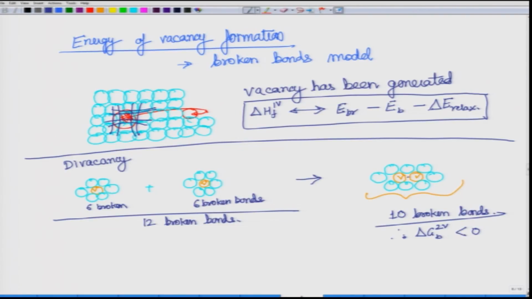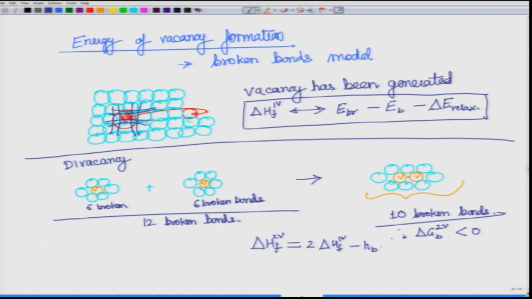Now, let us see what will be the concentration of these di-vacancies. So, what is the delta HF? Like I said earlier, we will not go through the whole derivation, we will look only at the formation energy. If we can find out the formation energy, in this case it will be equal to 2 delta HF 1V. This is not the right equation, because as we know this should have a lower energy. Therefore, there is some term which must be reducing it, and that term is the bonding between these two.